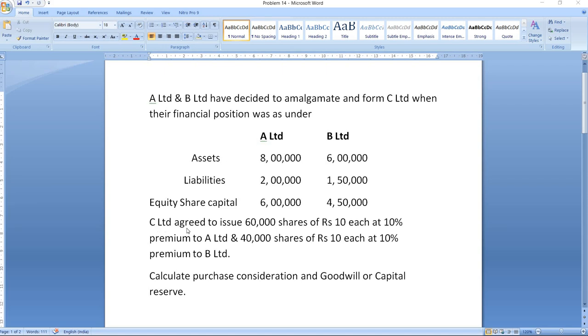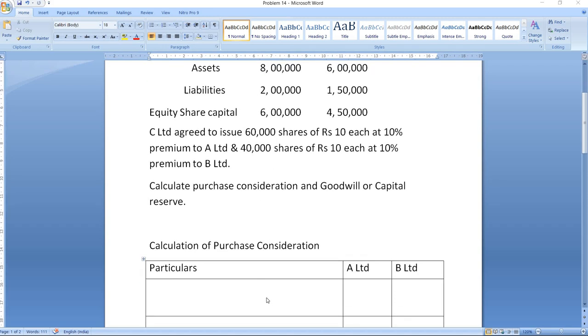That is, C Limited has agreed to issue 60,000 shares of rupees 10 each at 10% premium to A Limited and 40,000 shares of rupees 10 each at 10% premium to B Limited. So let us start with the calculations of purchase consideration. Okay. Now purchase consideration for A Limited is in